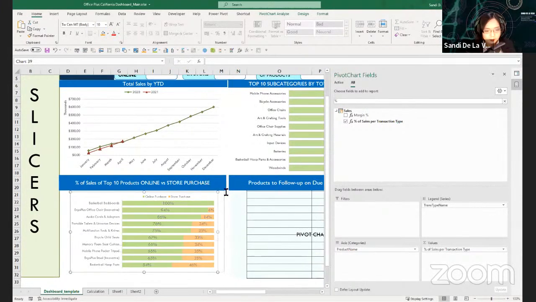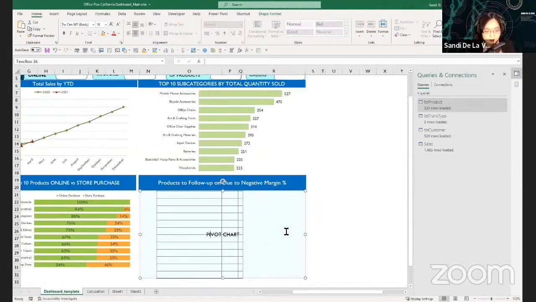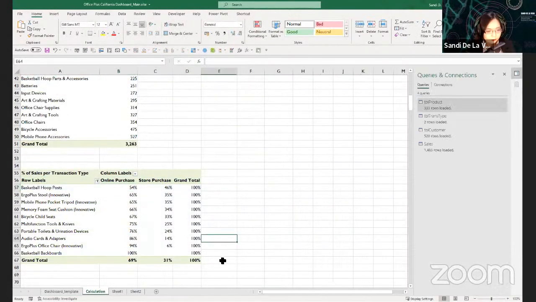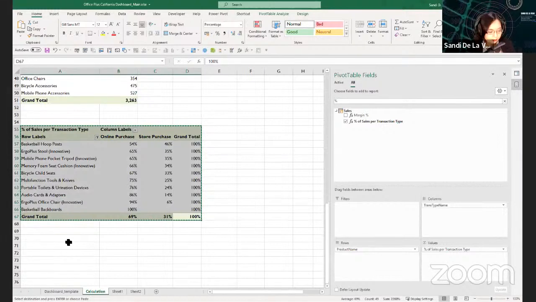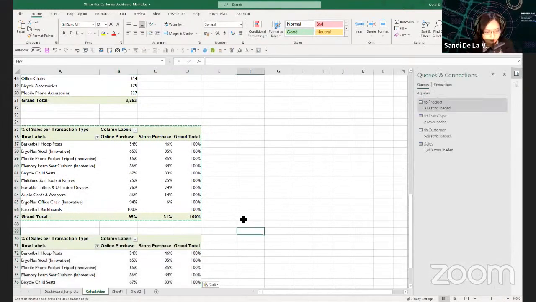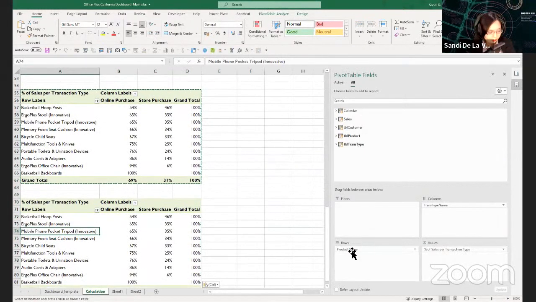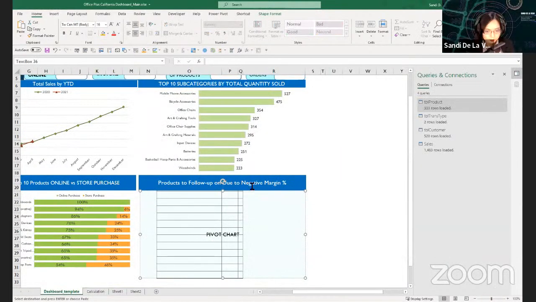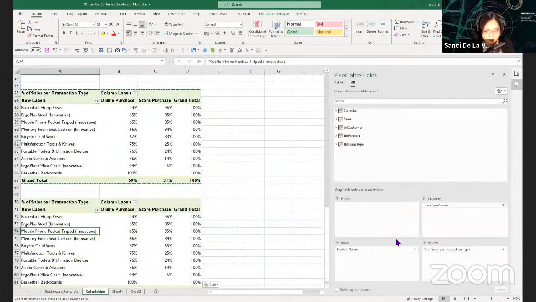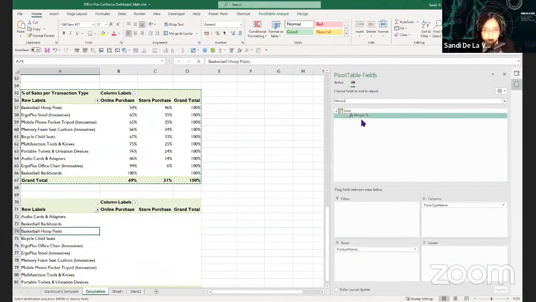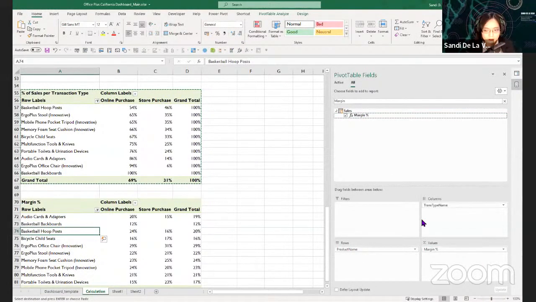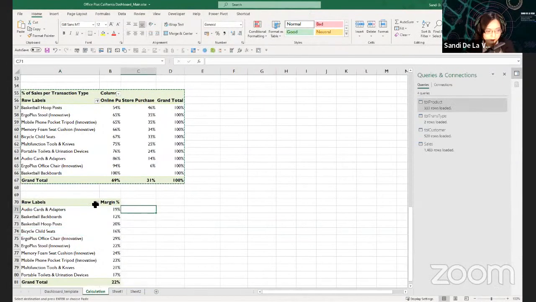Lastly, we need the products to follow up, using a pivot table. So just copy this one. What we need is product name. So we need the negative margin percentage. So let's use the margin percentage DAX measure and remove the transaction type.